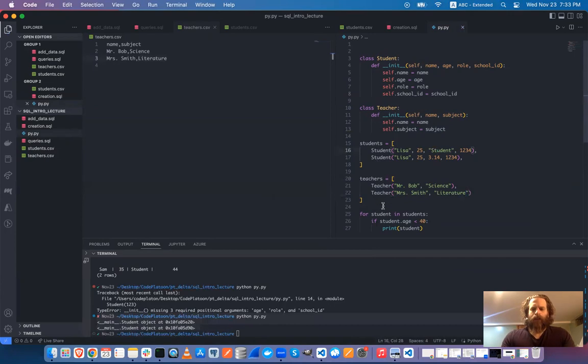Okay, and this works just fine. So the question is, we can think about these tables in isolation, but